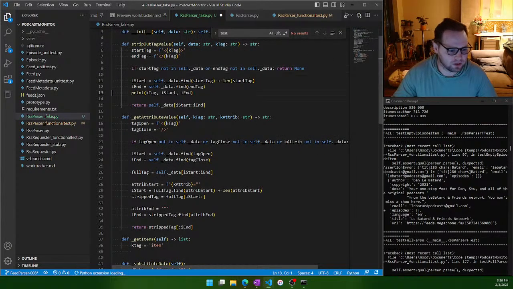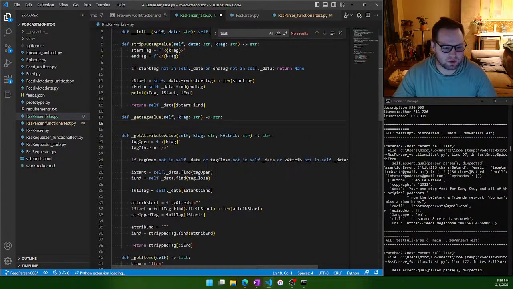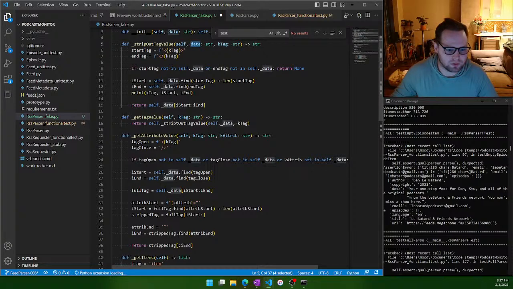We'll come down here and create this, and all this is going to do is call self.strip out tag value self.data, k tag. It's going to just return that,